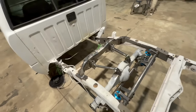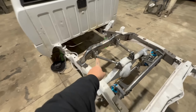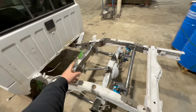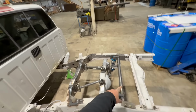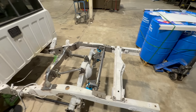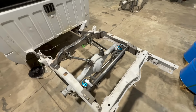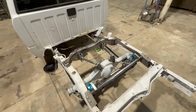Now the only thing left to do before this is completely finished, we're going to bend these tabs in, do our crossbar, and do our braces. And then I'll probably take a bar off the cage and go to this, because this, as you know, S10 frames with the bed on, they're pretty good, but I always want extra bracing. So highly recommend bracing this bar. But as for now,